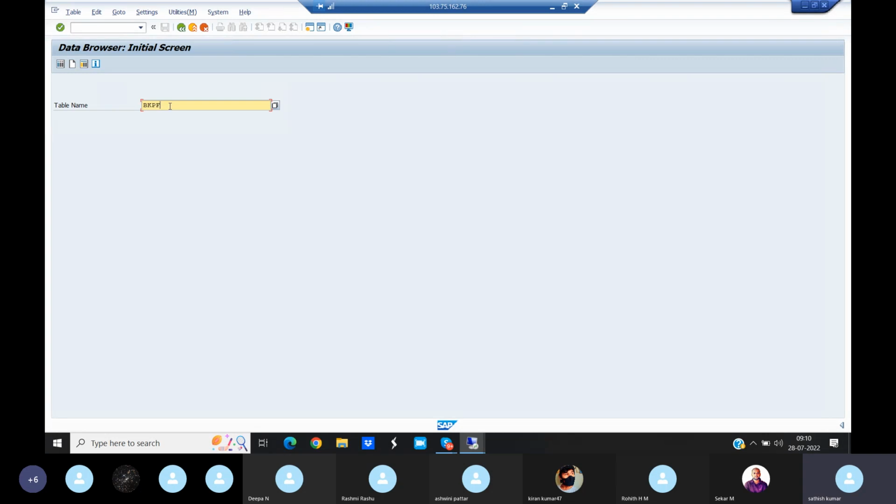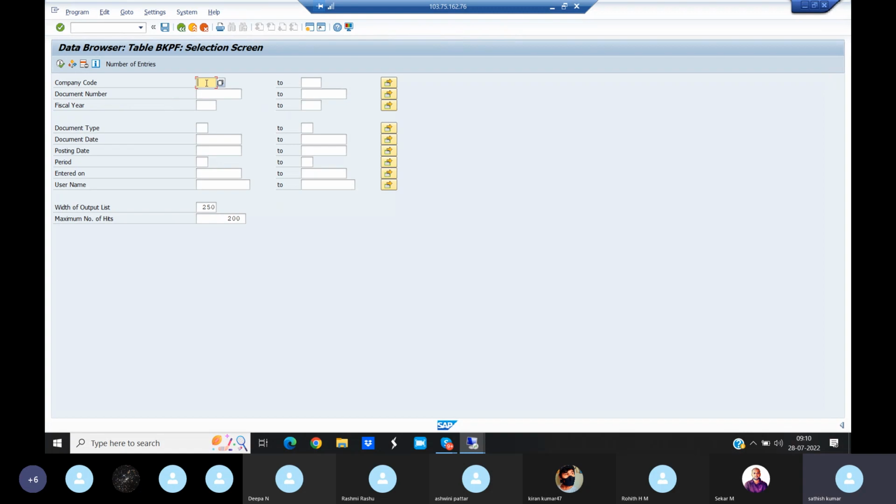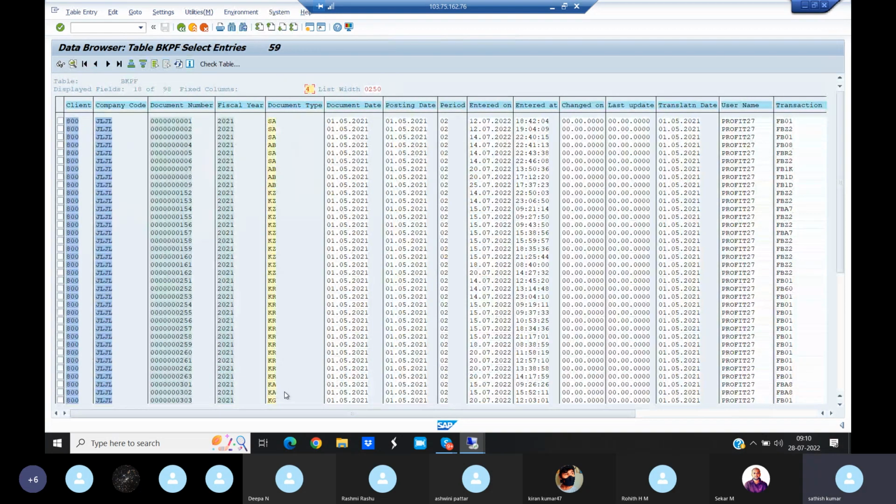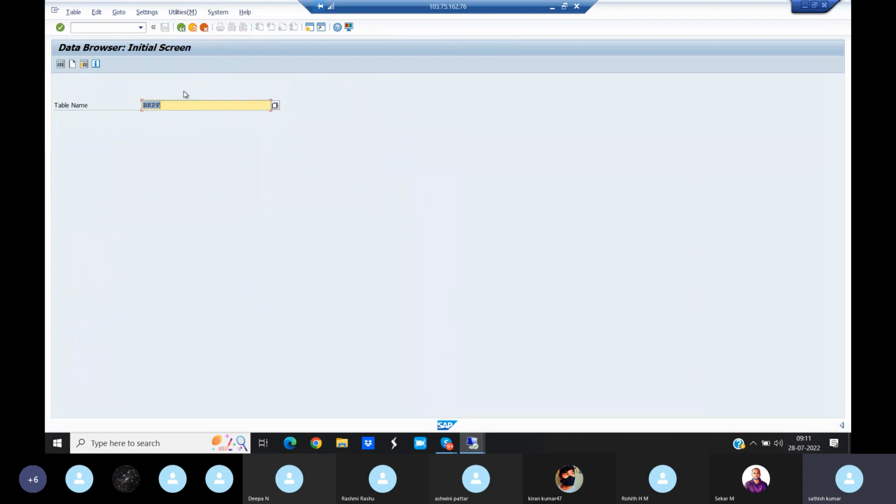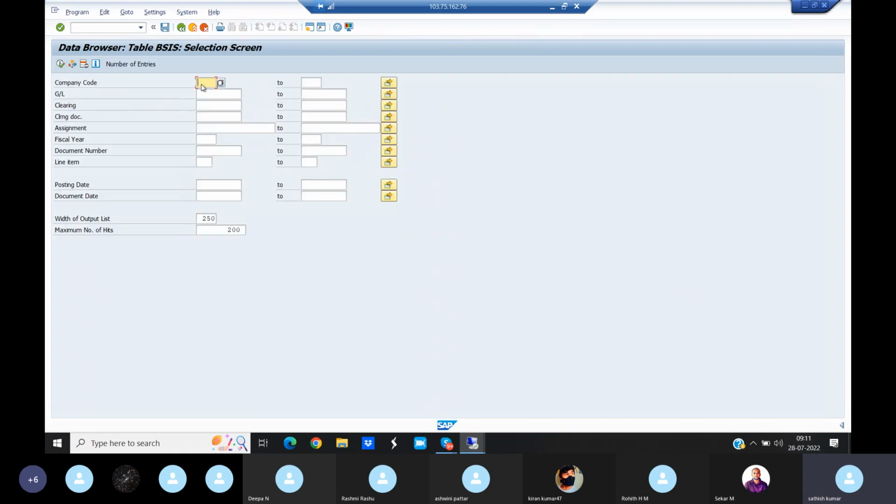So document types, if you want to pull the report, BKPF, enter, now update your company code JLGL, and click on execute. Now you can see your document types here. Okay, so this is the header level report, and now we'll come to GL. So GL open item level report. Open item, you know, no need to explain one more time. After posting, the item is open, right? So for open item level, if you want to pull the report, BSIS, and update your company code here, GLGL, and